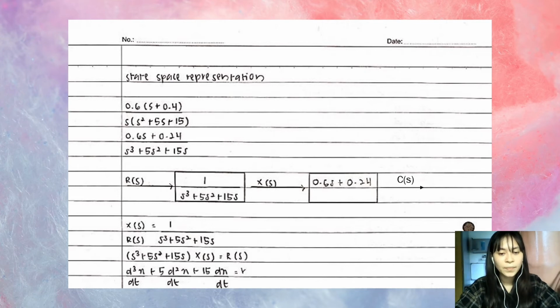Then we separate the numerator and denominator as shown in the figure. Then we'll put in the G(s) equation, which is C(s) over R(s). Then the values will cross multiply, and then